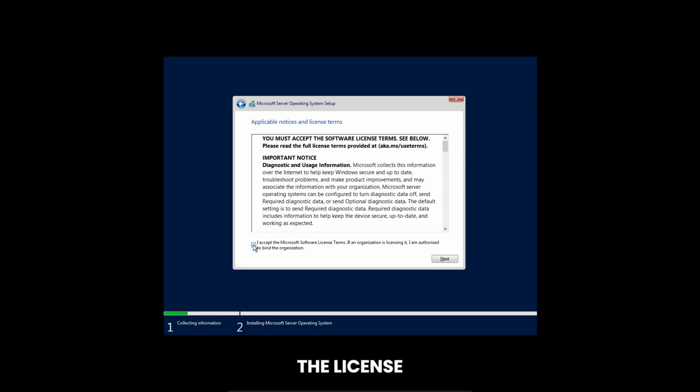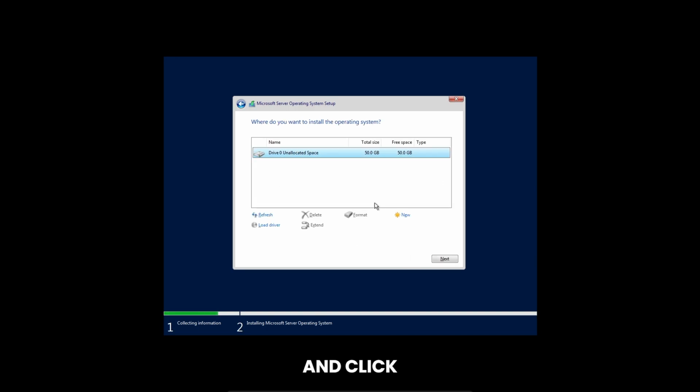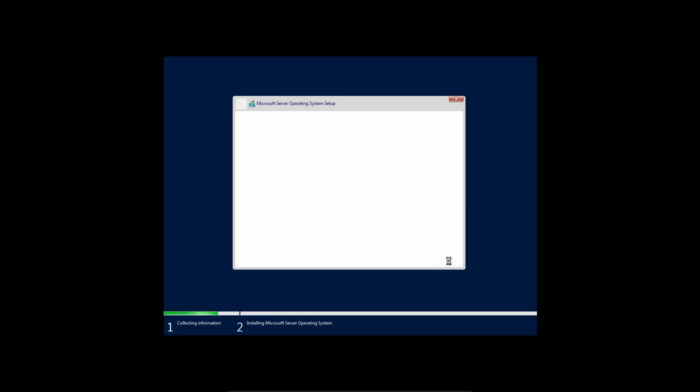Just accept the license terms and click Next. Now we will choose Custom and click Next. And now we will wait for the installation.